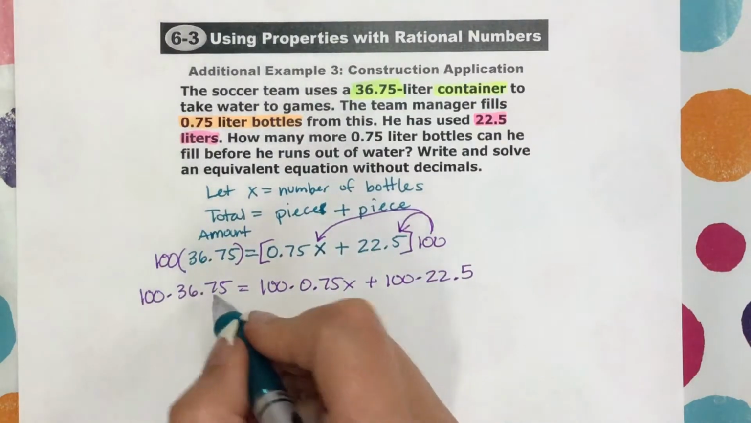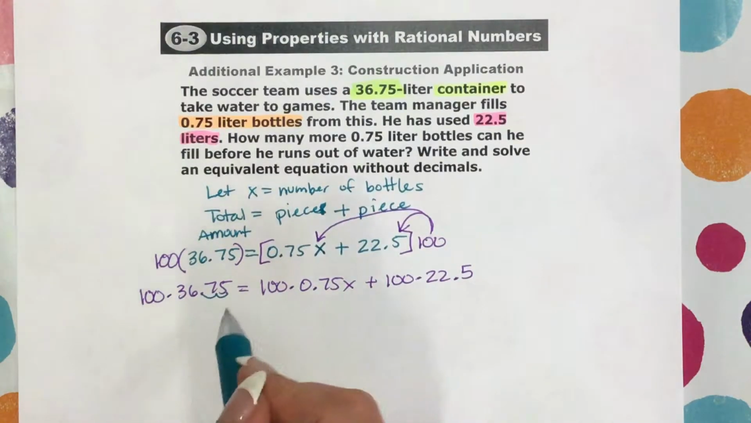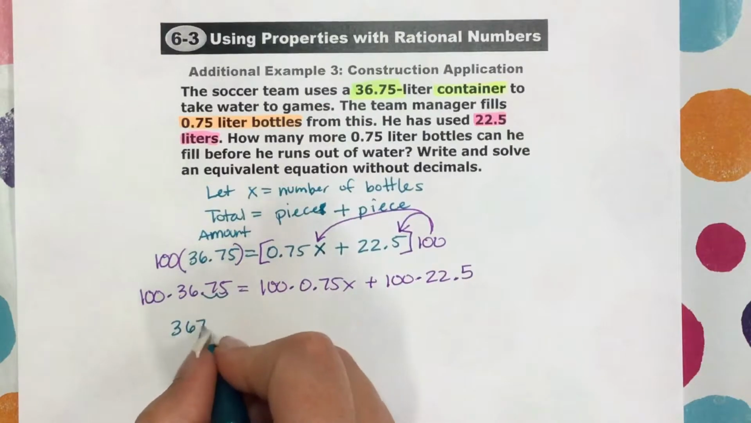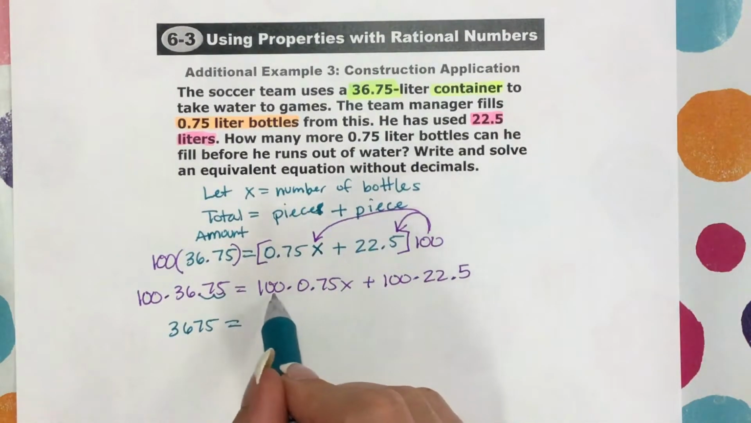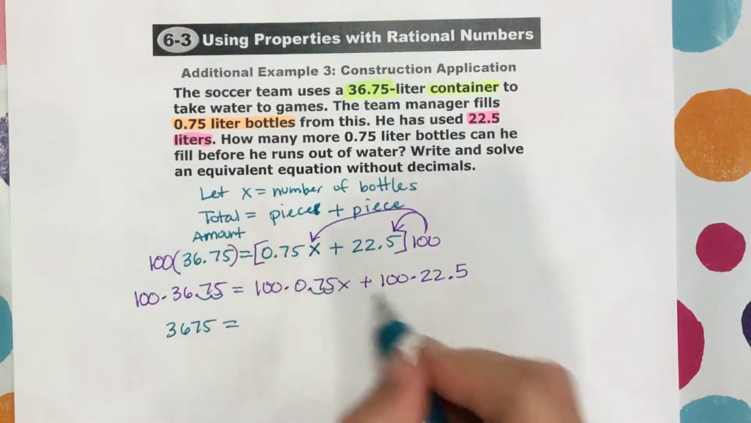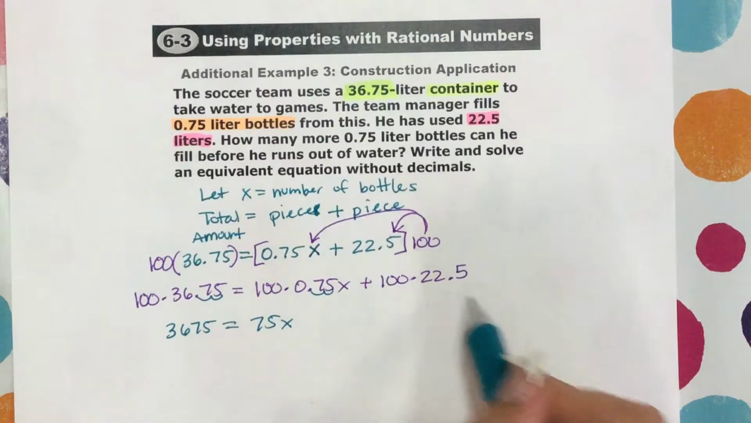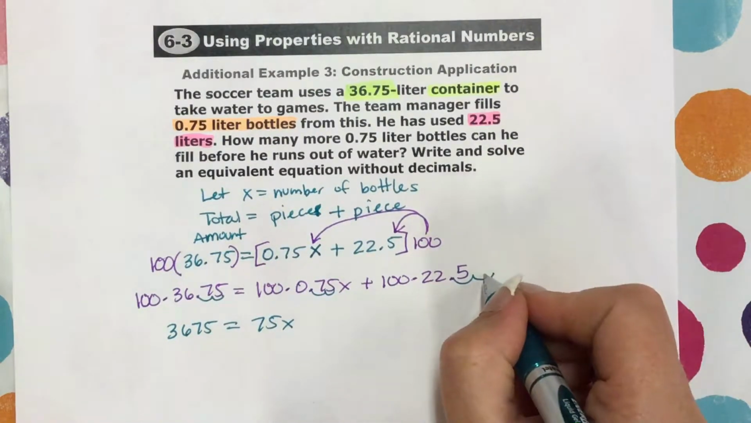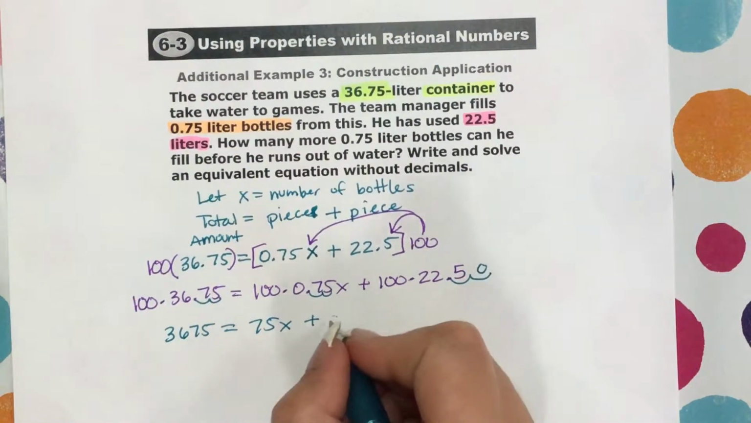So you can move it here 2 places to the right, 1, 2. So easy way, 100 times 36.75 is the same thing as 3,675, which is going to equal 100 times this. You just move it 2 places, and now we have 75x. And then 100 times 22.5, you move it 2 places, 1, 2. There's nothing in that place, so you have to add a 0, which is the same thing as